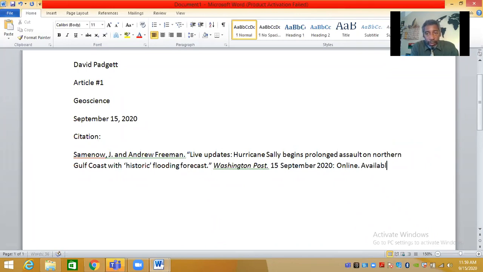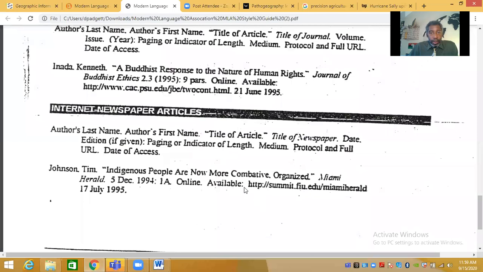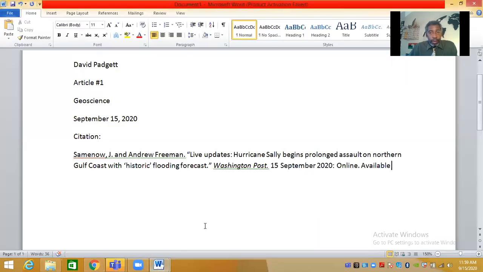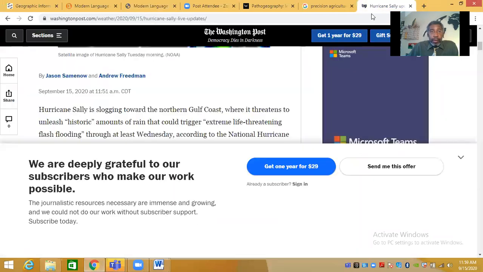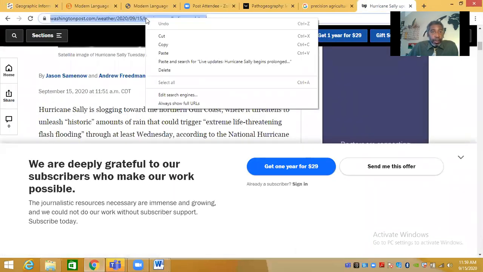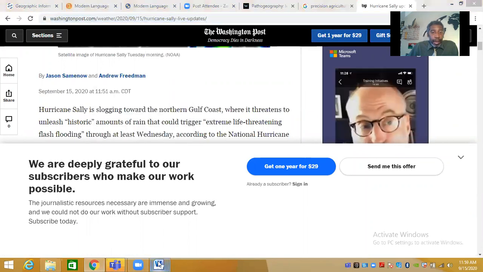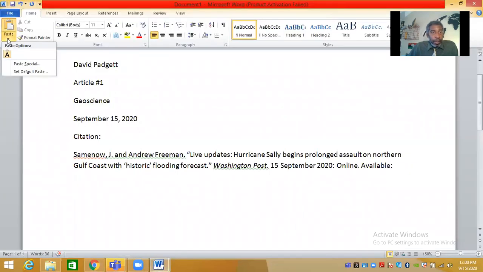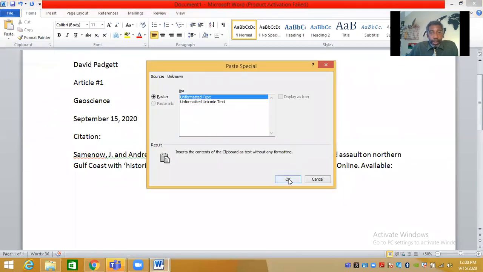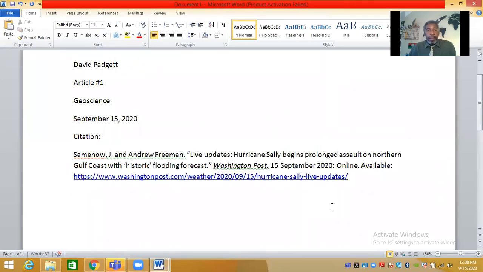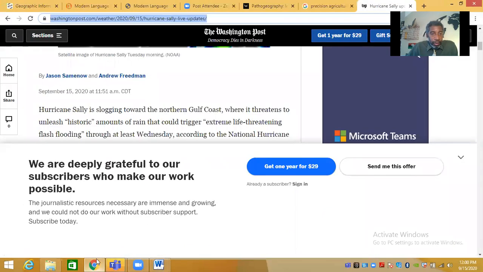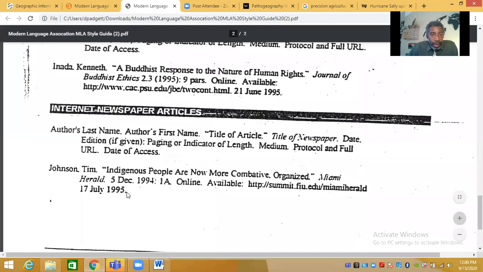Available. Now we get to when I accessed the article. Available, I believe there's a colon. Yes, available, colon. Now I paste the URL here. Get the URL from here, right click, copy, back here. And now again, I'm going to paste special, unformatted text, and make the link live. And now the last thing that I need to include, of course, is the date accessed, which is also in this case